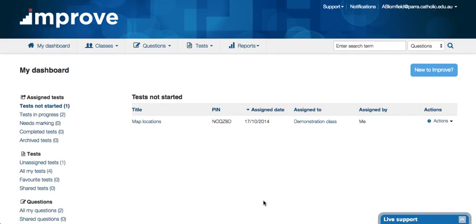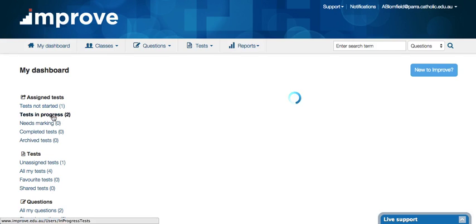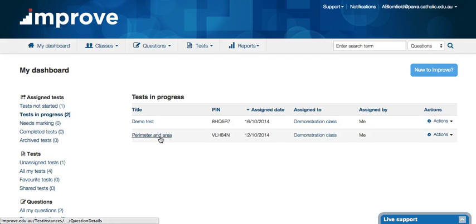In this video, we're going to have a look at how a student interacts with the site, from our end as well as the student end. So what I'm looking at is the test that I have running in progress, and in particular the perimeter and area test, which has been assigned to the demonstration class. If I click on the test,